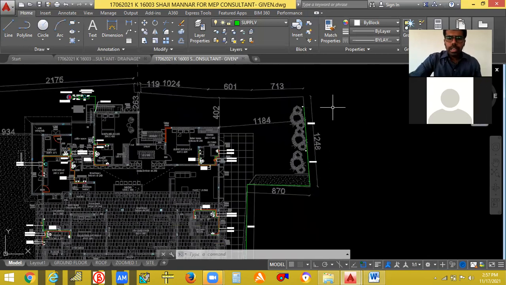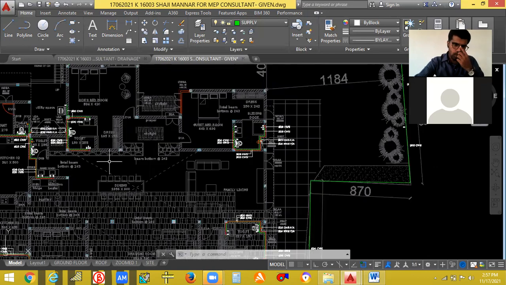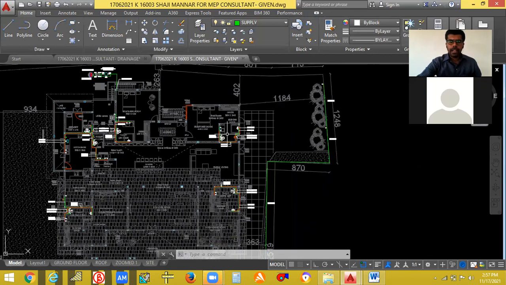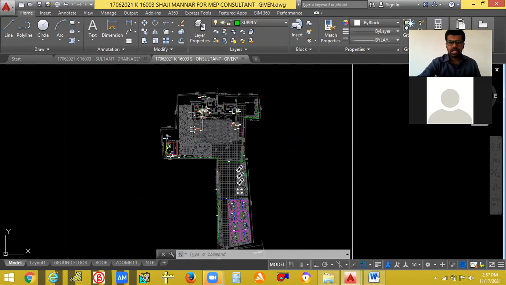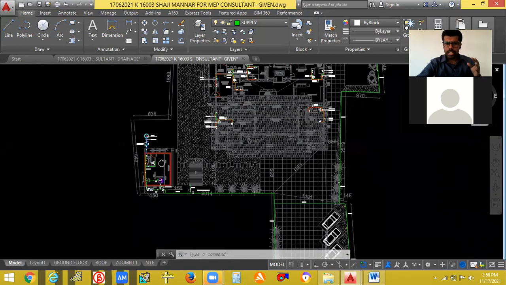This is the way that you will be giving the water supply connection. So you have to give both hot water as well as cold water to the individual toilets. Now this is the water supply. Now coming to the drainage system. For the water supply, you just need to know from where the water has been taken to the overhead tank, and from the overhead tank to the individual fixtures. You have to give both hot water as well as cold water system. So this is just the idea of it.